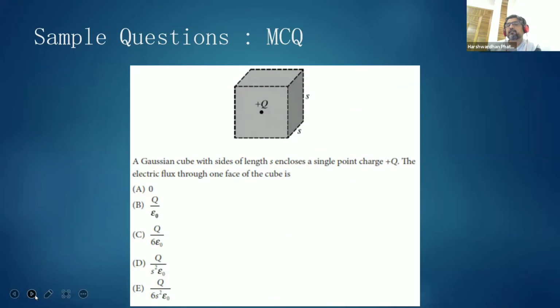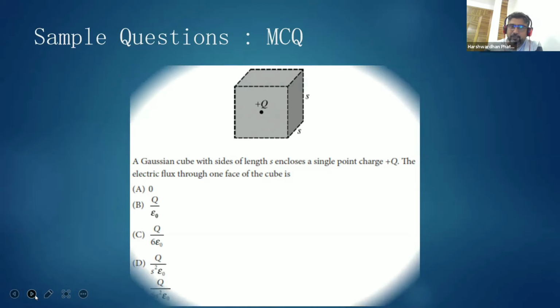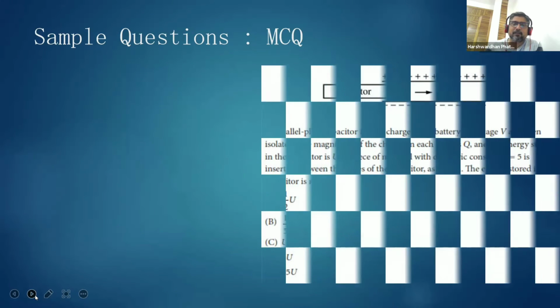Another question. This is related to a very important concept in electrostatics, Gauss's theorem. Again, a basic multiple choice type question. So if you are aware of the concept, you can easily attempt such questions. The key aspect here in the MCQs is your speed. Remember, you've got 45 minutes to attempt 35 questions. So you need to be a bit quick as far as solving these questions is concerned. Otherwise, you'll fall short of time and not be able to complete the section. So you need to be really fast at the MCQs.